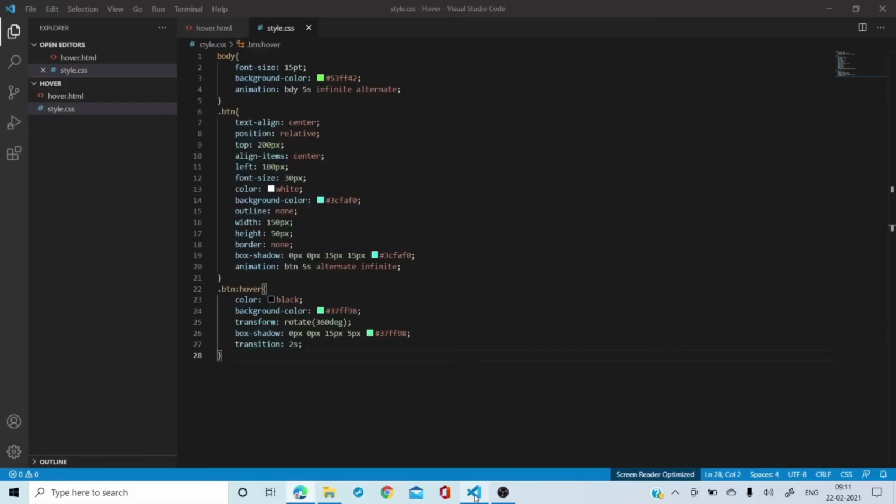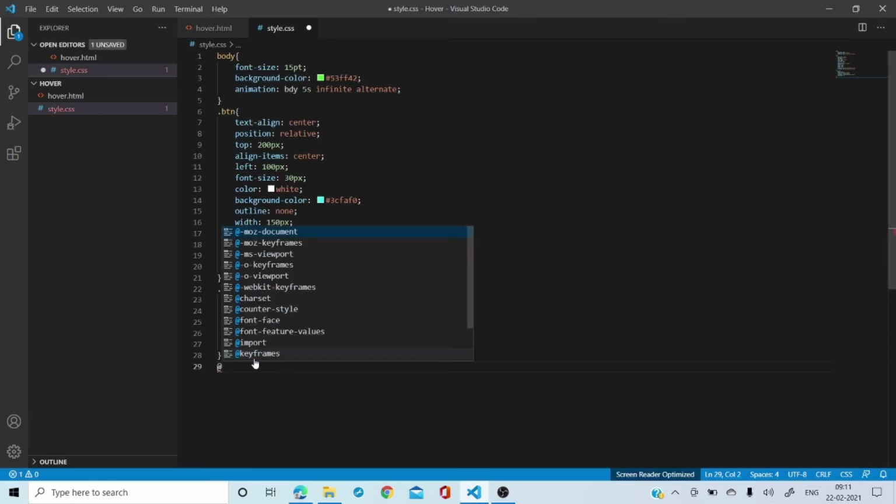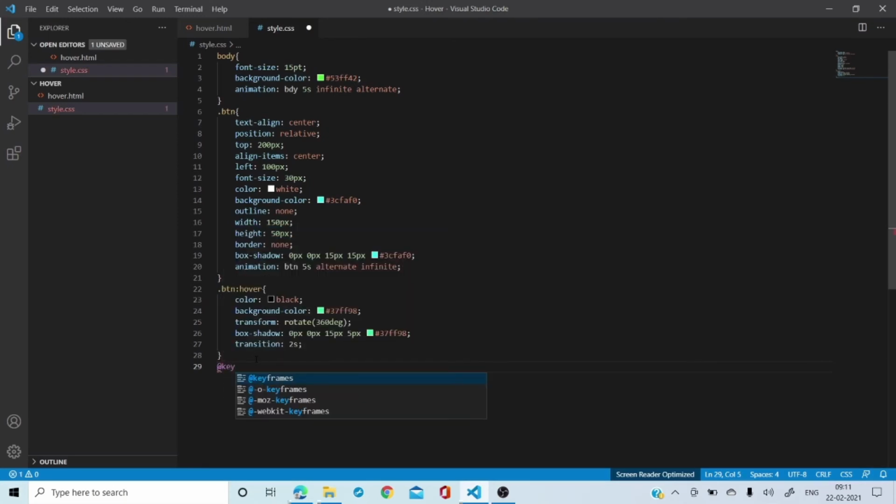Now, the point which comes in the picture from here is the keyframe, because now we want the animation. The background should also change and all the things should also change. So how are we going to do that? See, obviously I told you how are the keyframes written, @ and you're going to write keyframe. Now give the name. Which animation you want?